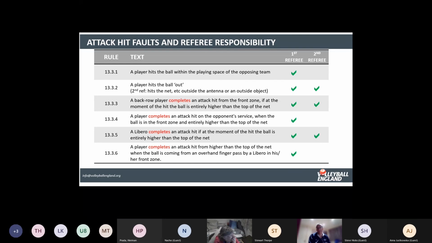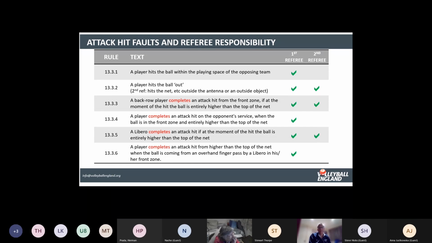And your perspective on the play may make it look as though it's higher when it possibly isn't. And the first referee may have already made a decision on that. So this is when I talked about the first and second referees needing to work together on this. Sometimes it's absolutely obvious the ball is higher than the top of the net, and other times it's not so obvious. And if it's not so obvious, then it's when the two referees need to get some eye contact together